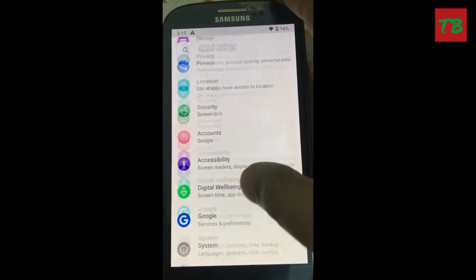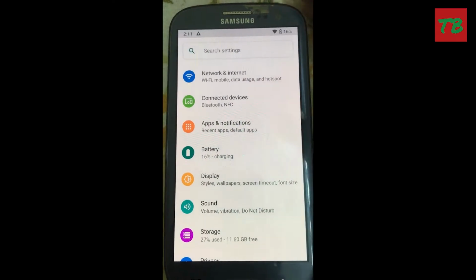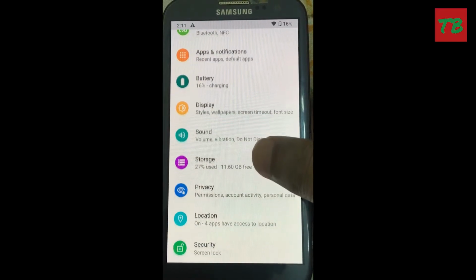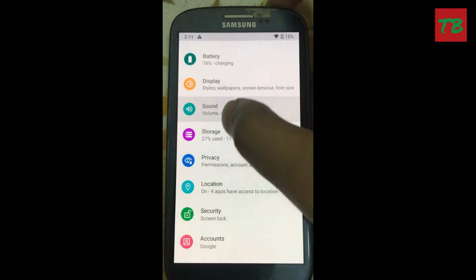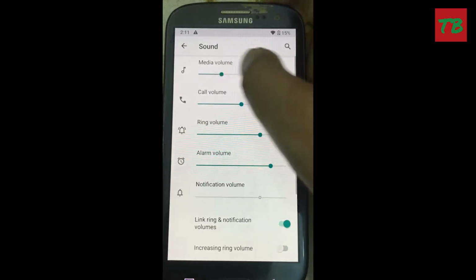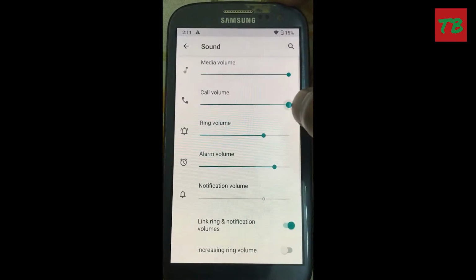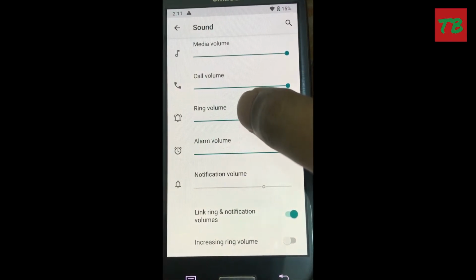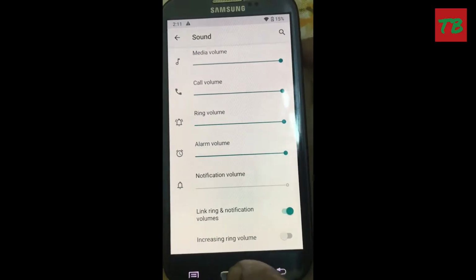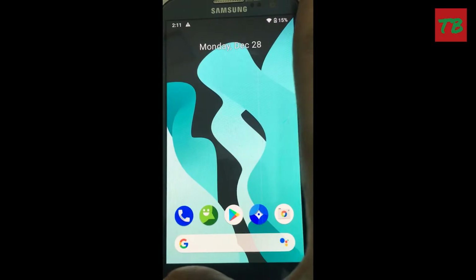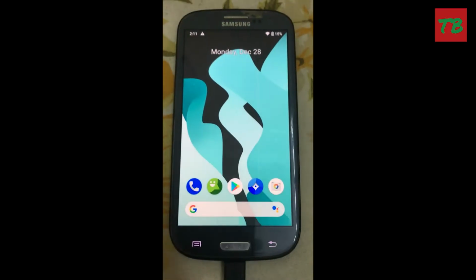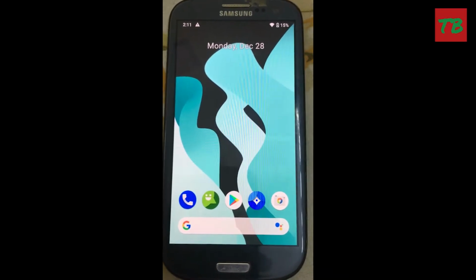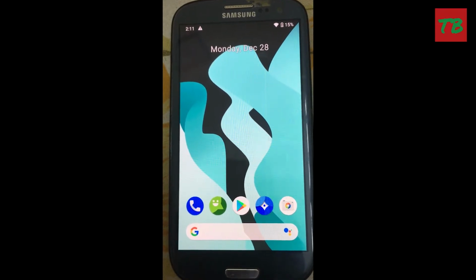And it pretty much works. I mean, Wi-Fi works, mobile data I haven't tested, but it should work. And camera works, microphone works, even sound works. So sound, Wi-Fi, mobile data, everything works on this phone. So I'm going to show you how to install Lineage OS 17.1 and OpenGApps on Samsung Galaxy S3. So let's get to the video.